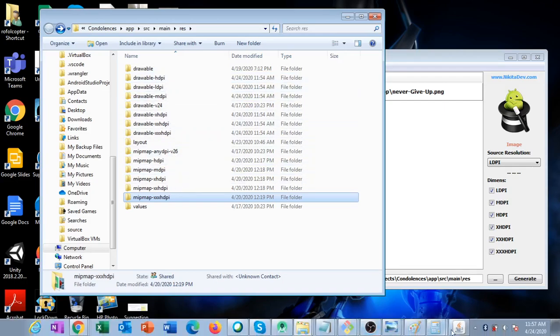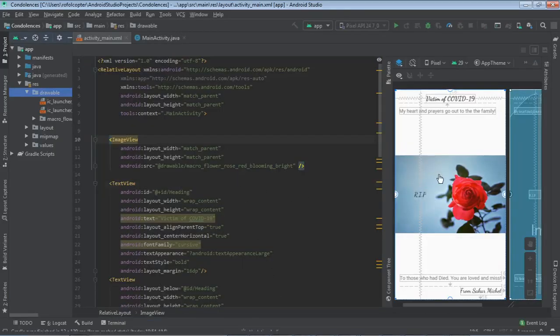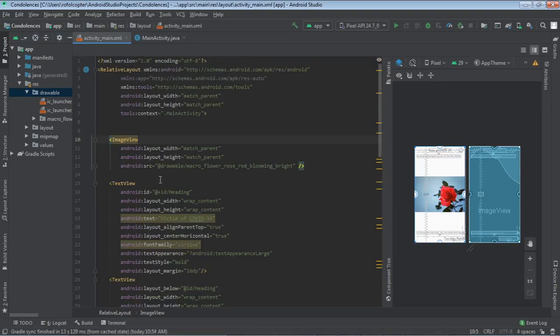When it comes to Android Studio, where's my image view? You see drawable, that macro. If I go here and update it, drawable, I have one here, I have one here, and I have different ones. I'm wrapping up. Thank you for your time. If I change this to never give up,